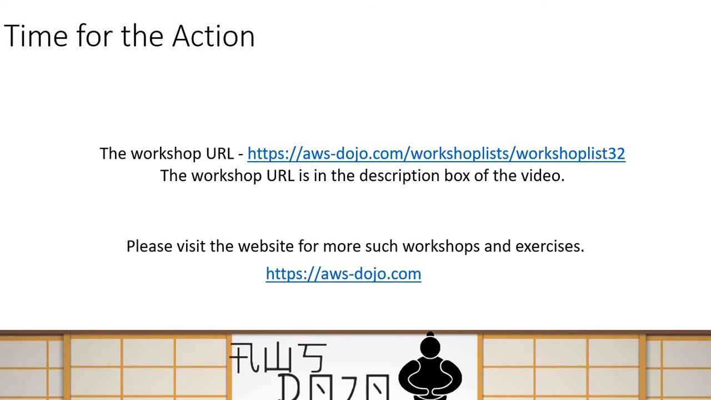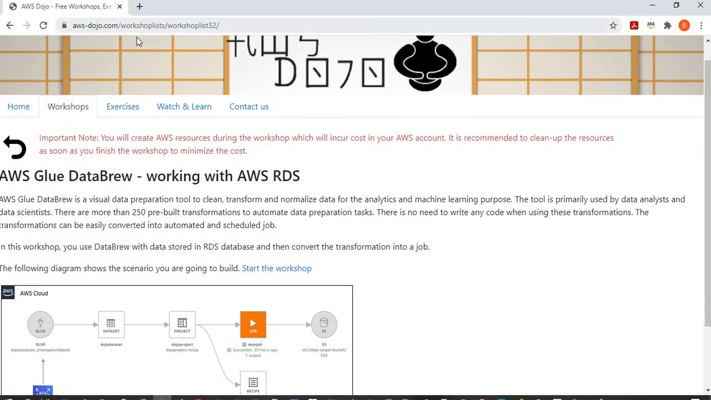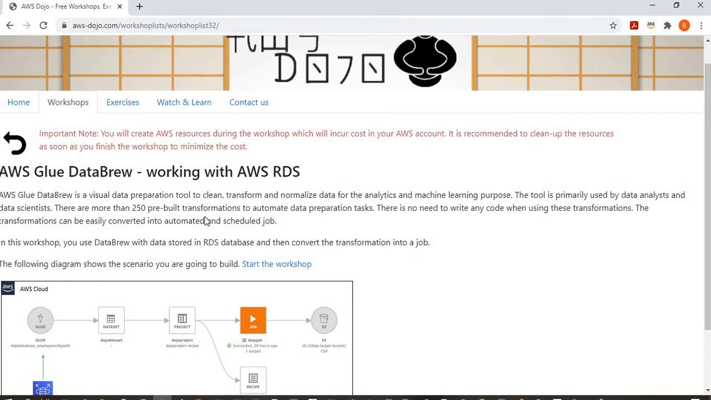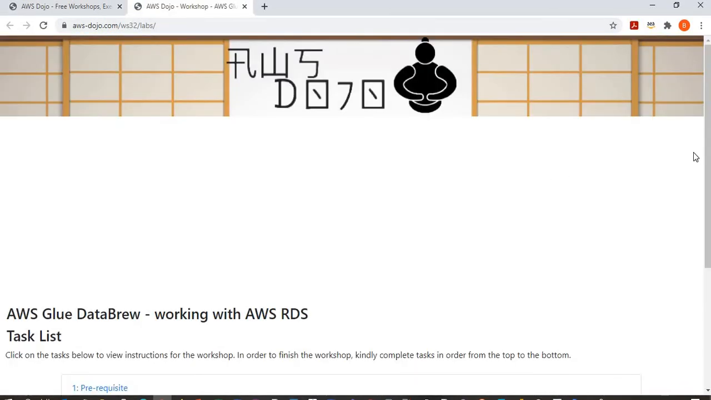So let's, without wasting any more time, jump onto the workshop. So here is the workshop which is published to our website, aws-dozo.com. Let me start the workshop. So here is the workshop, and you can see